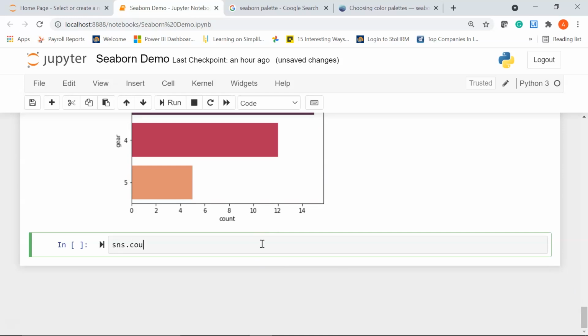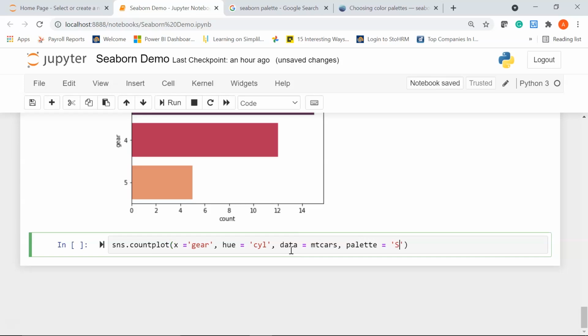I'll say sns.countplot. In the x-axis I'll have my gear column. Then I am going to pass my hue parameter that will have the cylinder column, or the number of cylinders for each vehicle. I'll pass my data frame using the data argument as empty cars, and say palette.